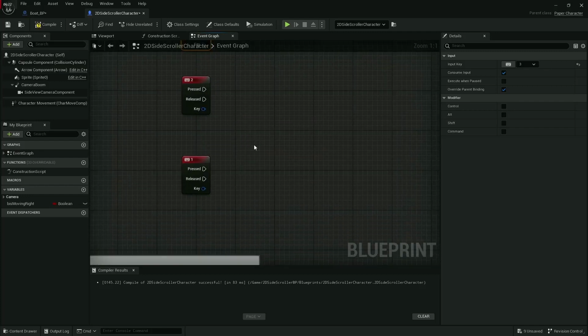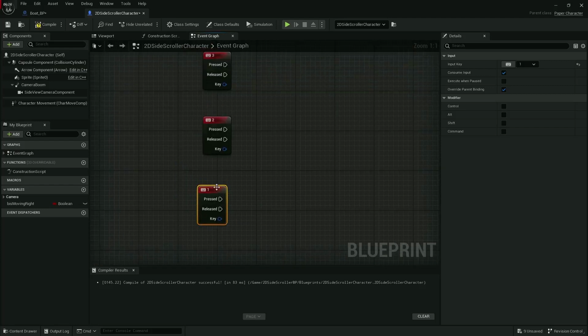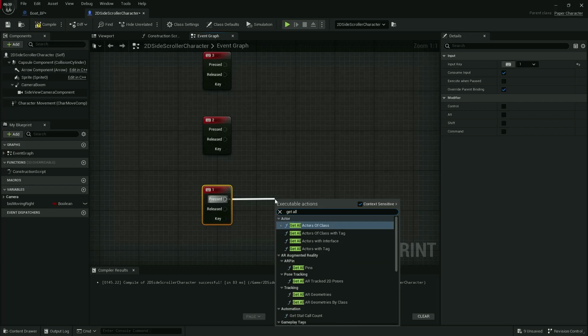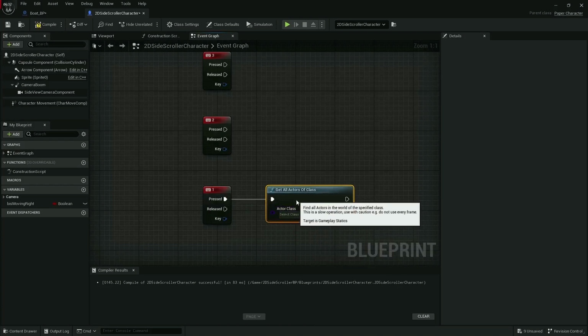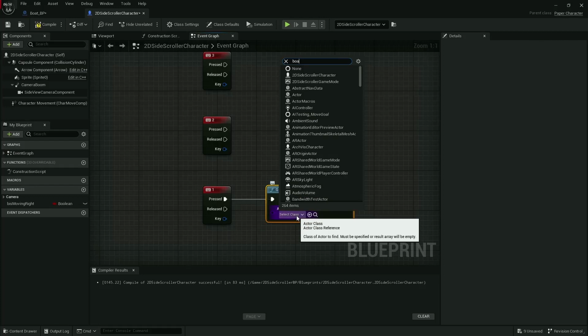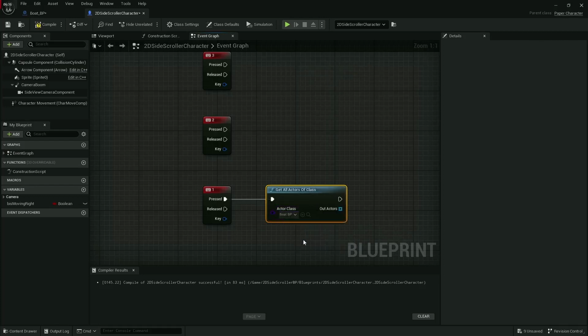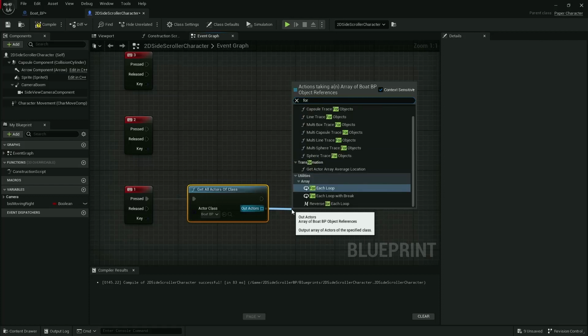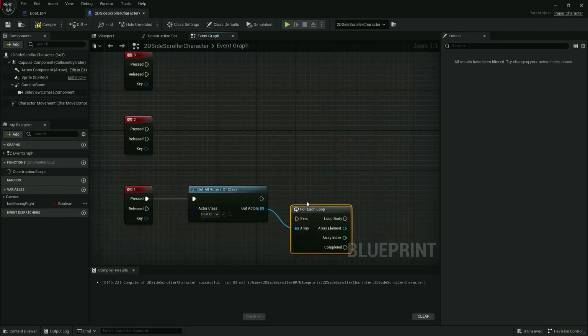Cool. So inside here, once we've pressed it, we're going to get all actors of class, and we're going to select our boat. In the boat, we're going to drag off this funky looking one. We're going to do a for each loop. This is going to get, because it's a list, an array, because if we've got lots and lots of boats in our level,